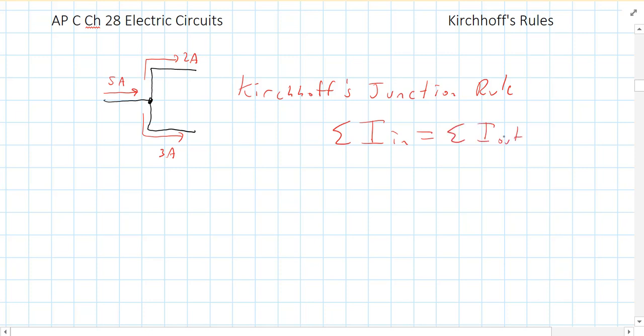And remember, current is things, it's electrons. So 5 charges go into that little space right there, 5 got to come out. Very much like skiers on a ski slope. 5 skiers ski into this junction, okay, and 2 choose to go down that way. The other 3 have to go this way. There's no other choice to go. The other rule,